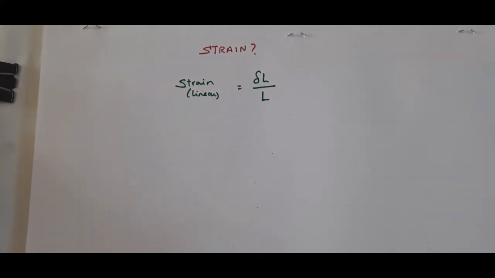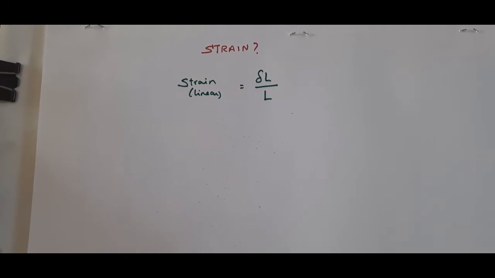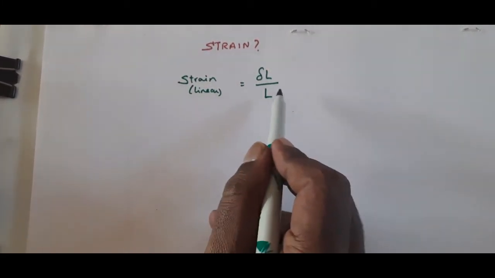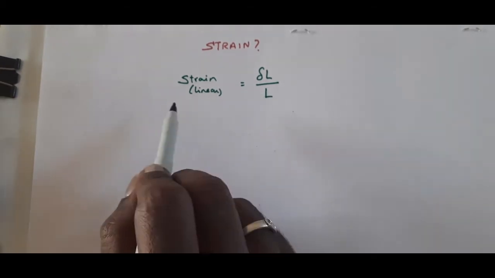So the next problem is strain. What is strain? Generally, strain is defined in engineering aspects in this way: change in dimension per unit dimension. Okay. So now we'll see how the strain is being calculated. So strain is delta L divided by L for a lengthwise